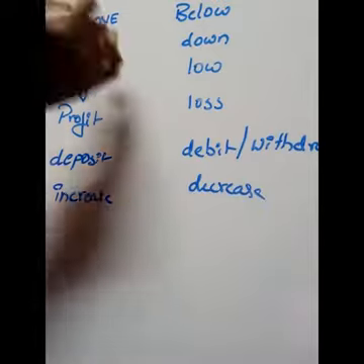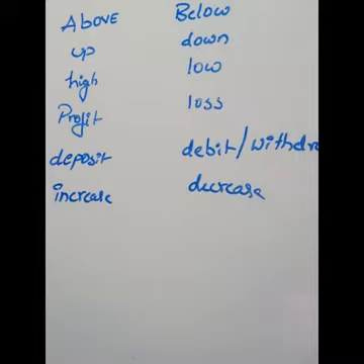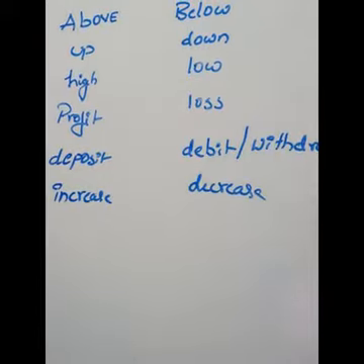it indicates a positive. And if a submarine is floating at 250 meters below the sea level, you have to give minus 250 meters. Like that, based on the statement, you have to assign the integers with a positive sign or a negative sign. Above, up, high, profit, deposited, increase. When you see these words in the statements with some value or a number, you have to write with positive sign.